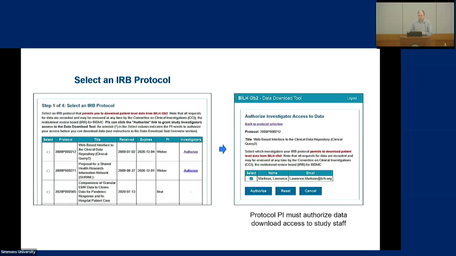When you go into the data download tool, you scroll down, then it shows you the list of protocols you have. This is a specific workflow that they wanted to do at Beth Israel. By default, only the PI of a protocol is allowed to download the data. The PI, though, can log into I2B2, there's a